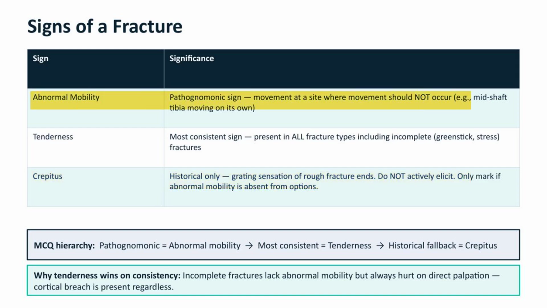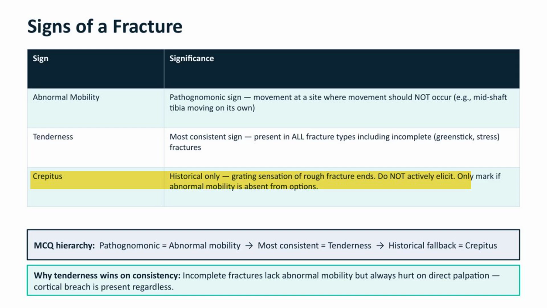Now let's understand the logic here. The body only moves at joints. Your elbow flexes, your knee bends. That's normal. But if the midshaft of the tibia starts moving on its own, that's not a party trick. That's a fracture. That midshaft movement, where movement should never occur, is called abnormal mobility, and it is the pathognomonic